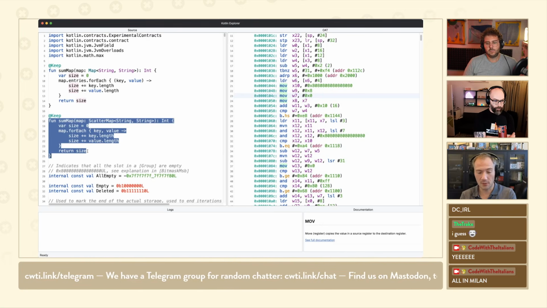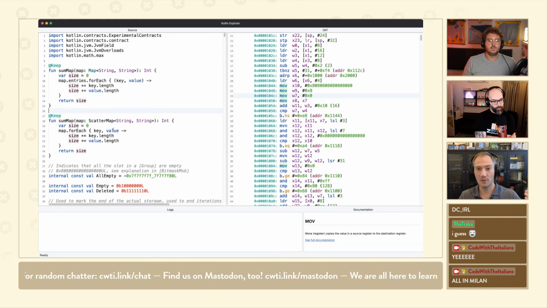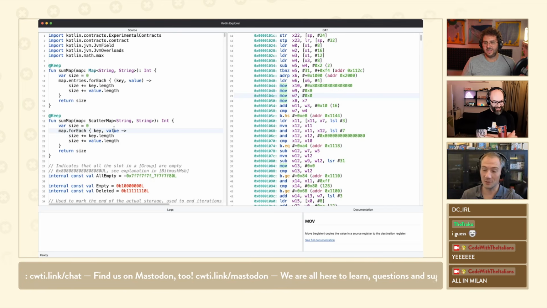And that's why AndroidX.collection has a number of collections. We have scatter map, there's a scatter set, we have the ordered scatter set that preserves the insertion order, and then we have combinations. We have scripts that generate all the possible combinations for primitive types. So if you want a map of float to object, object to int, we have all the variants. So you can also not box and unbox.